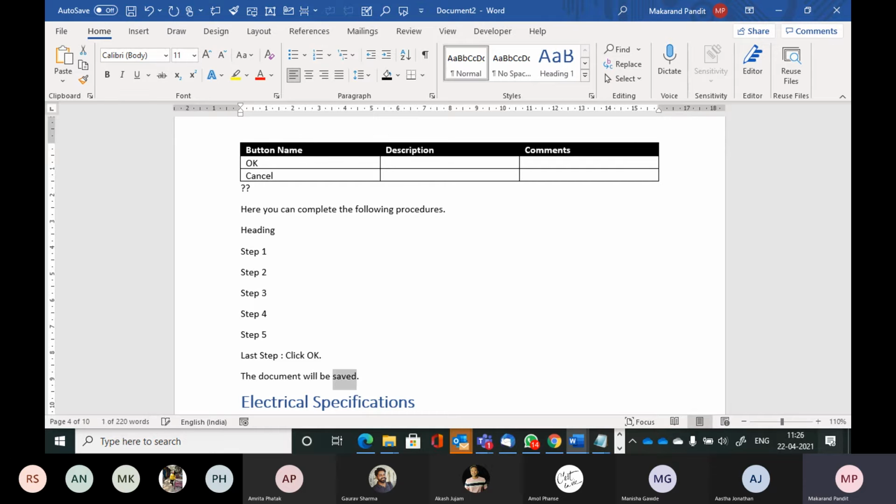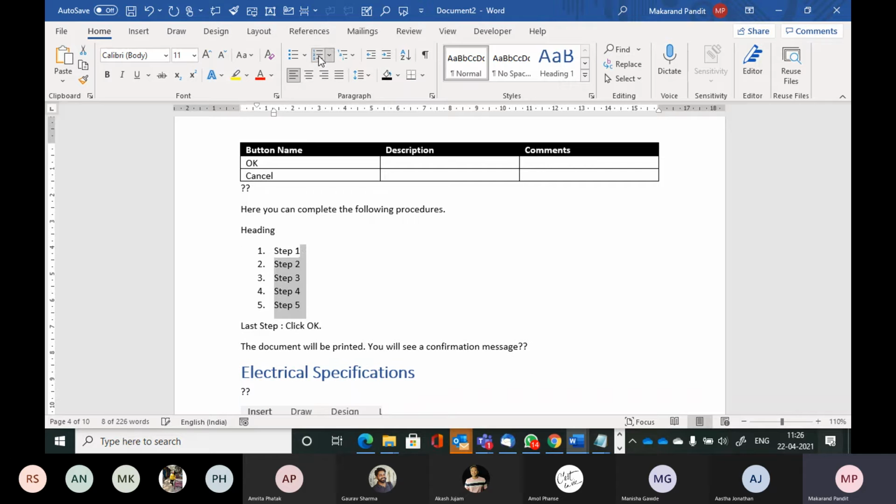Or the document will be printed. Right? And you will see a confirmation message or whatever you may want to write here. Correct? What is this? Again, now this becomes your block.